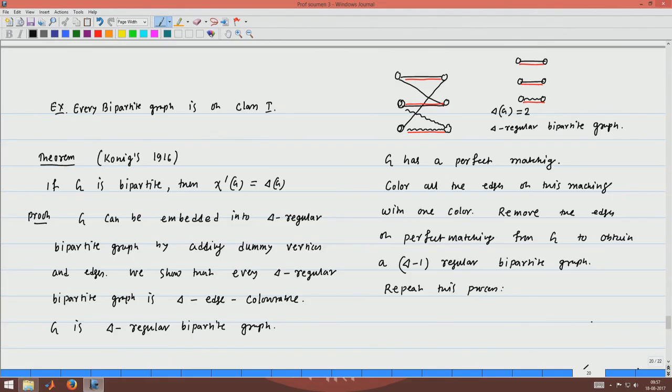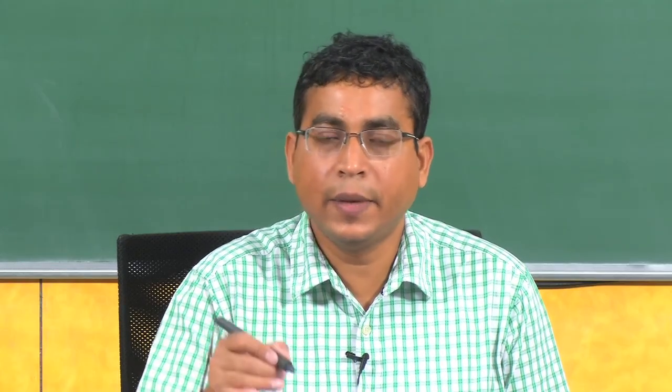So, once you have a perfect matching for the delta-regular bipartite graph, you remove that perfect matching from the graph and you get a delta minus 1 regular bipartite graph, and a delta minus 1 regular bipartite graph again has a perfect matching. You get a perfect matching, you color all the edges of that perfect matching with one color, and you just repeat this process